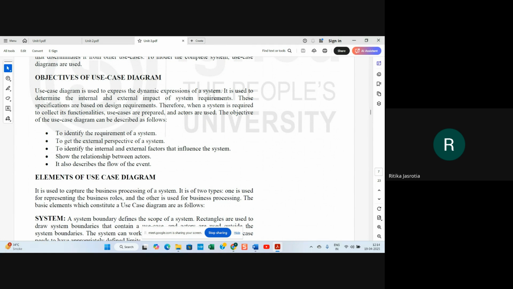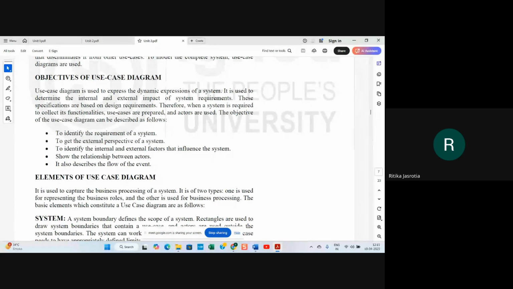So use case diagram is used to express the dynamic expression of a system. It is used to determine the internal and external impact of the system requirements. These specifications are based on design requirements. Therefore, when a system is required to collect its functionalities, use cases are prepared and actors are used. The objective of the use case can be described as follows: to identify the requirement of a system.